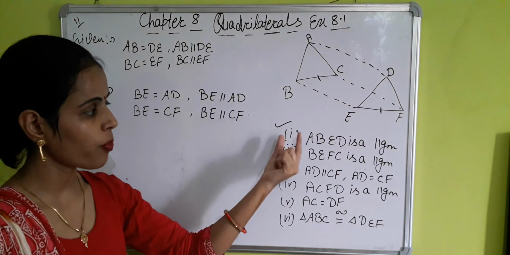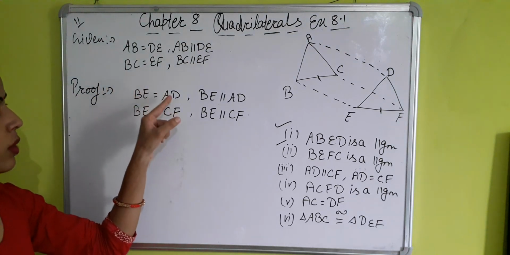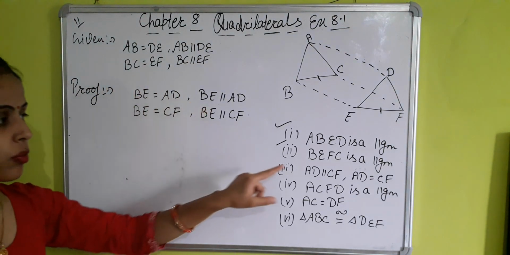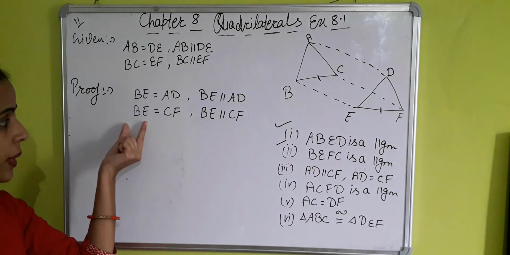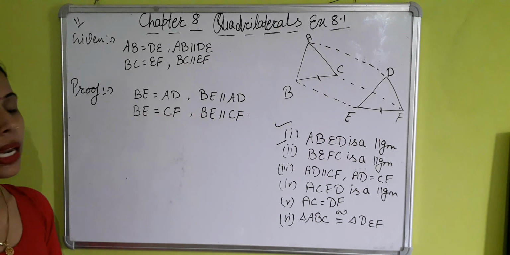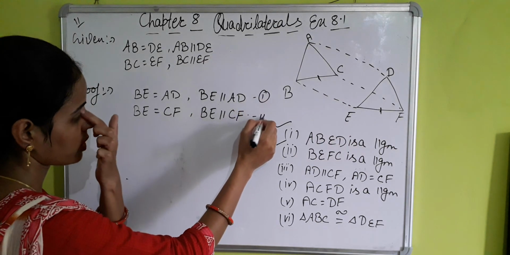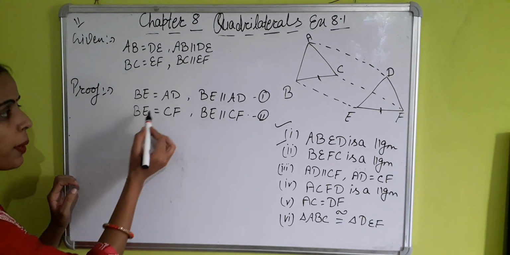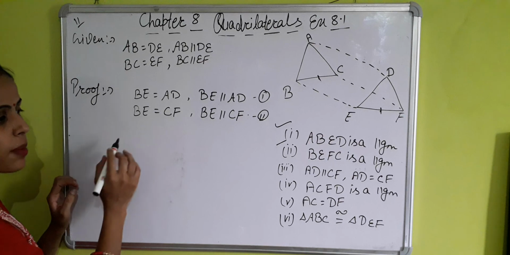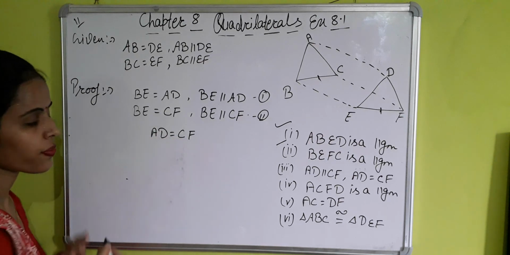With parallelogram ABED, BE is equal and parallel to AD. With parallelogram BEFC, BE is equal and parallel to CF. From these two, BE equals AD, BE equals CF. So we can say that AD equals CF